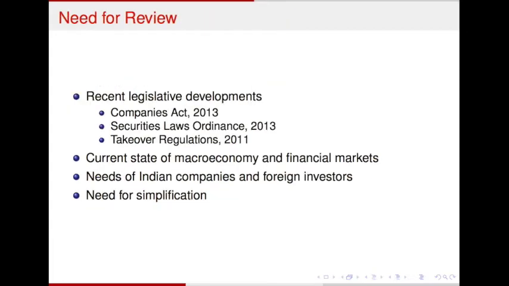In 2013, the government felt the need to review the 1993 scheme primarily because of vast changes to the legislative landscape affecting the financial sector. Along with these legislative developments, the macroeconomic and financial landscape had changed as well, and the policies underlying the 1993 scheme were no longer well suited to the needs of Indian corporates and foreign investors. Also, 2 decades of incremental modifications to the scheme had resulted in a lack of clarity.